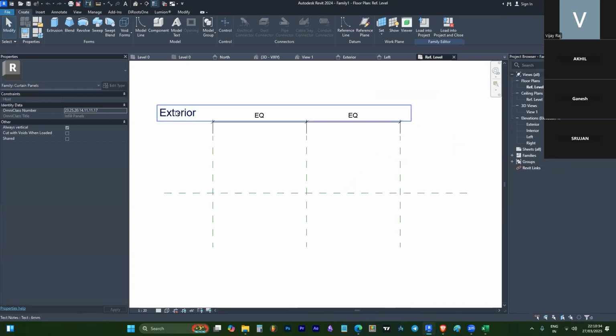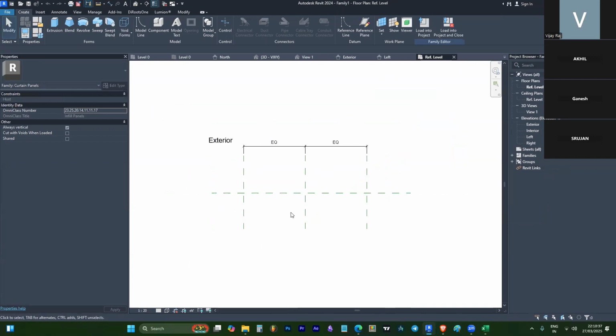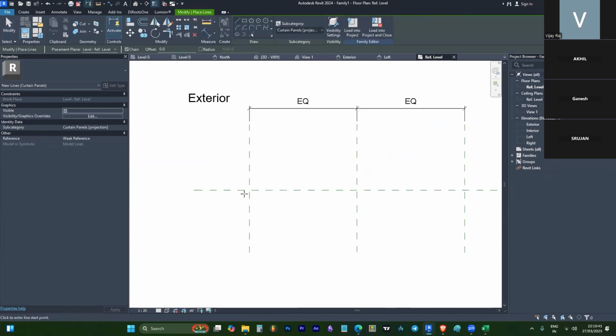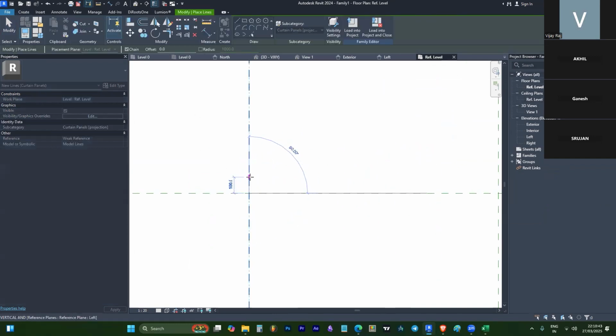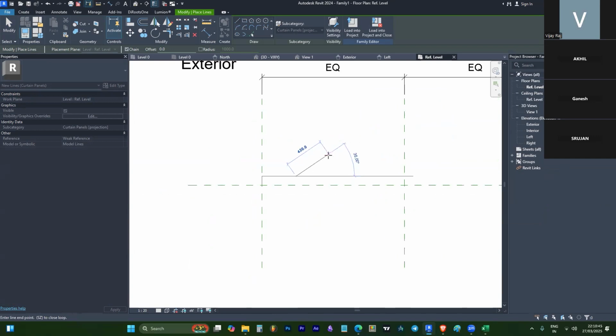Here, this one is exterior, and I can simply draw the model length. See, almost around the 350. If I do this,